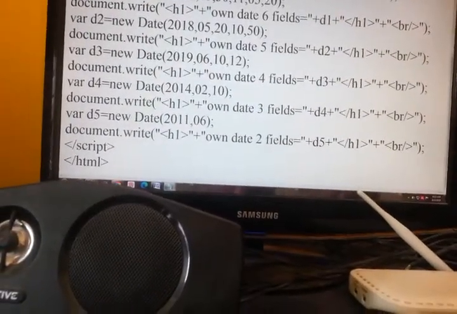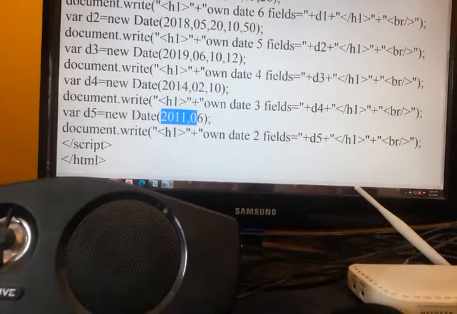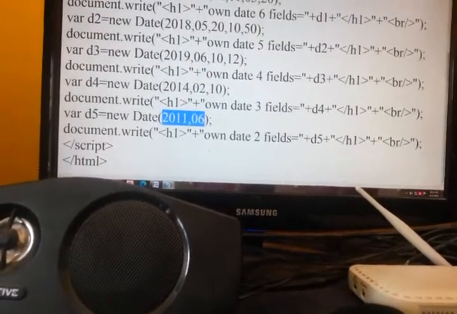So here I have provided only year and month with 2 fields.